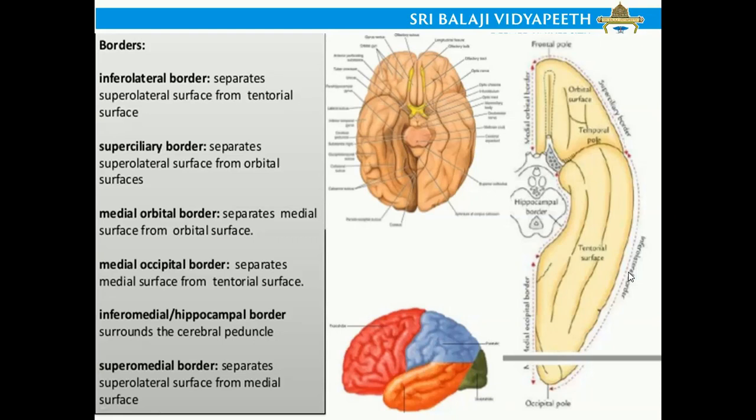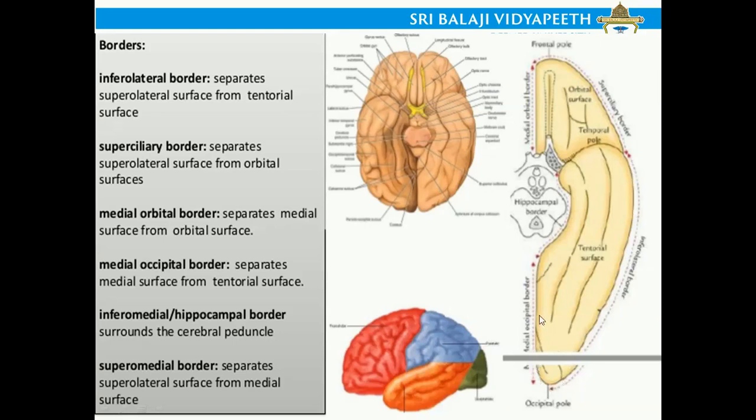So the superciliary border is nothing but the border that separates the supralateral surface of the brain from the orbital surface, because this is the surface that is going to separate the frontal lobe from the orbital surface of the brain, which is going to contain the optic nerve and the optic tract and the optic chiasma. So in order to separate the orbital surface from the supralateral surface, you get the superciliary border. The next border is the border that is seen on the inframedial surface, and that is the border which is going to be separating the cerebrum from the cerebral peduncles. Okay, and it is also going to be the border that is extended up till the occipital